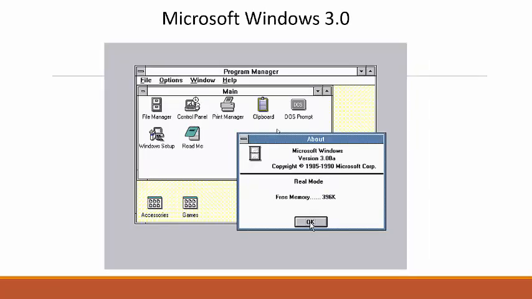By 1990, Microsoft was starting to get their act together a bit, and they released Windows 3.0. This is probably the first version of Windows that we could truly recognize as Windows. Like the earlier ones, it was not an operating system, but a shell that ran on DOS. In fact, you can see the icon for it right here that would exit out to DOS. But this time we had icons. We were starting to see programs written specifically for Windows that made use of the scrolls and the pull-downs and all that kind of stuff.